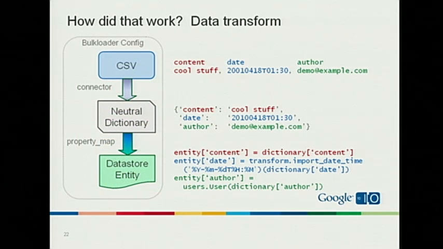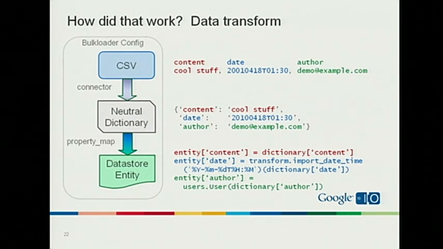So the way it works is that the bulk loader is a 3-phase process. There are 3 transitions. This is the first 2 of the transitions. So on import, we have our data, it's a CSV file: some content, comma, date, comma, some author. What we have is called a connector for the first phase. The connector takes the data from the external format, in this case CSV, and converts it into what I call a neutral dictionary. The dictionary is just a dictionary of key value pairs representing each row in your input data. The reason for this intermediate format is that we can have different connectors, not necessarily CSV, but any